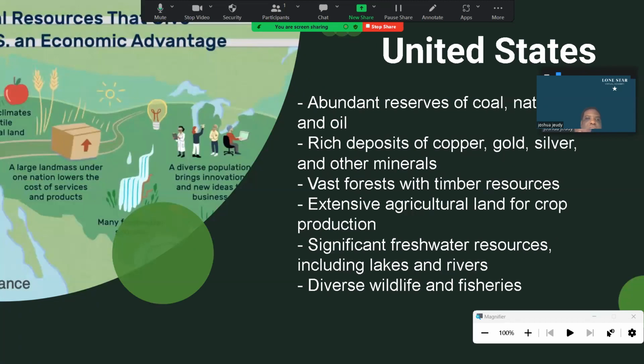Next, we're getting into resources like minerals. We have a large amount of gold deposits, especially out west. We have a lot of silver, copper, and different minerals that are useful. Gold, again, is obviously a good monetary asset for us. So that's good. Also is silver. Copper is used in conducting electricity.